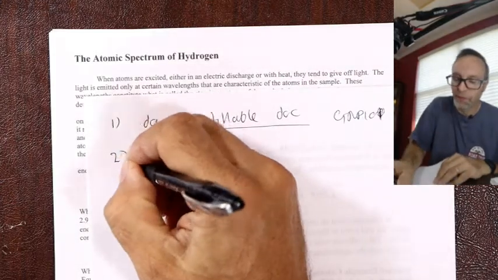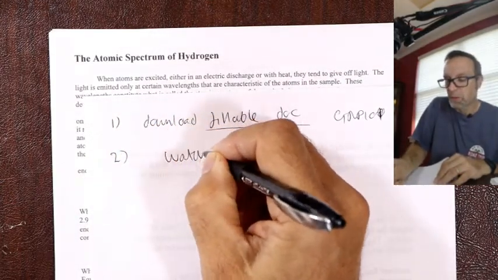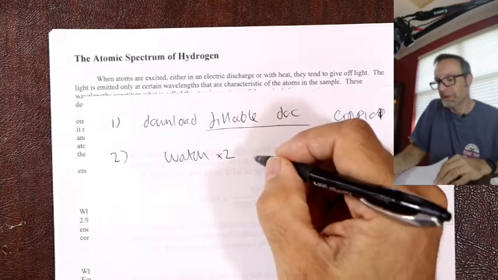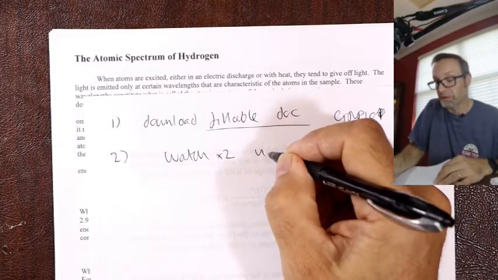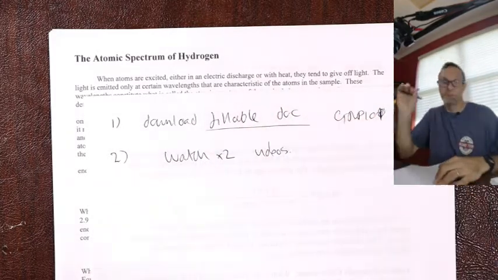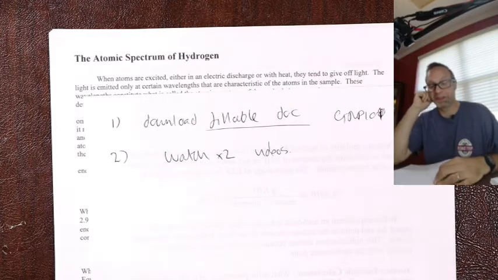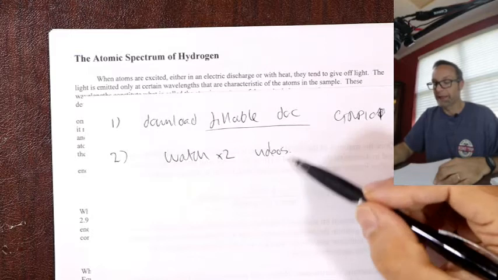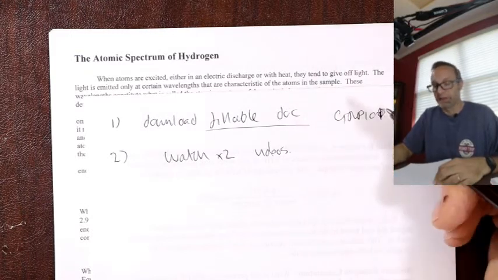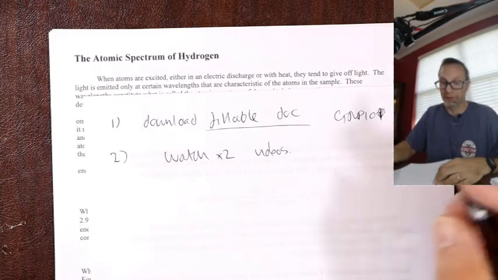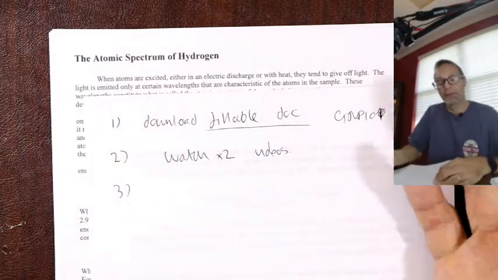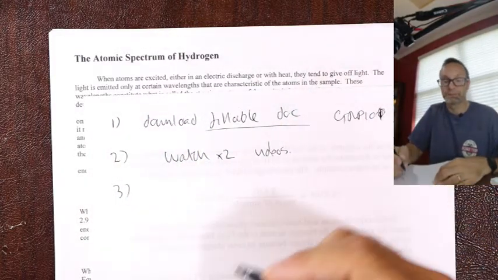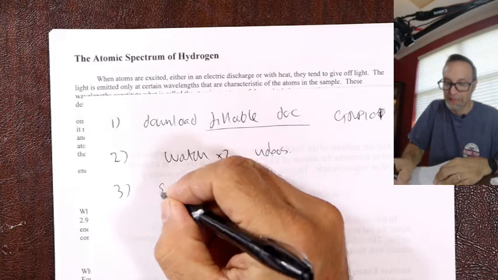And 2, obviously, watch the 2 atomic theory videos, right? So this makes a lot more sense. In fact, you can't really do this unless you watch those videos. So watch modern atomic theory and modern atomic theory applications, okay? Watch those 2, and then I'll give you the background you need to answer these questions. And so you'll download this, you'll watch the videos, answer the questions, and then submit